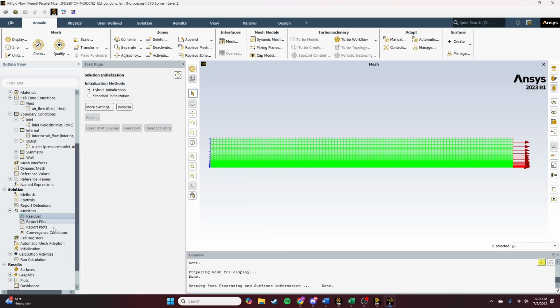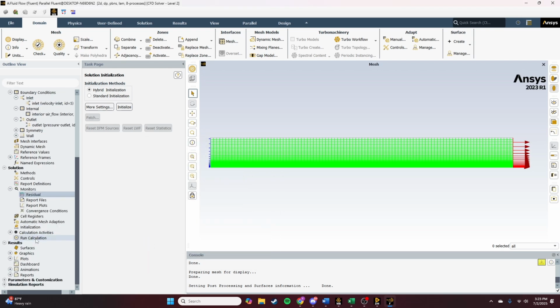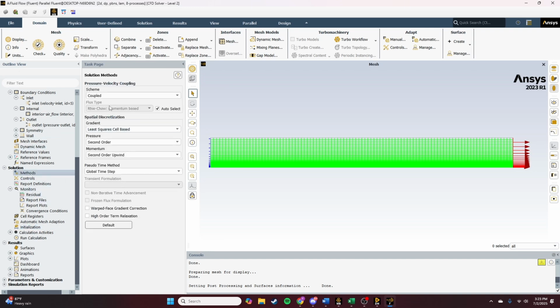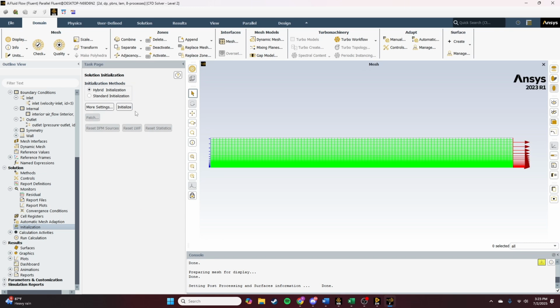Iterations to plot, that's all good. Okay, and then we're going down to initialization, and hybrid initialization is fine. This coupled is fine. Second order upwind. Okay, back to initialization, and we're going to initialize it. And then we're going to go down to run calculation,